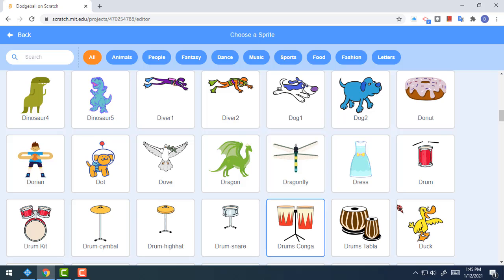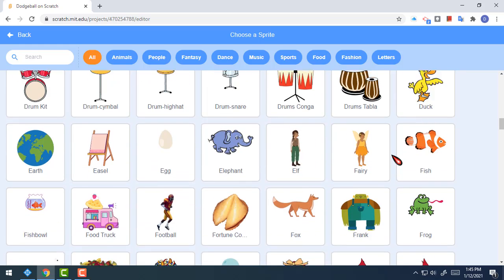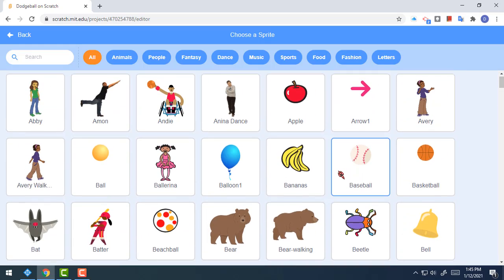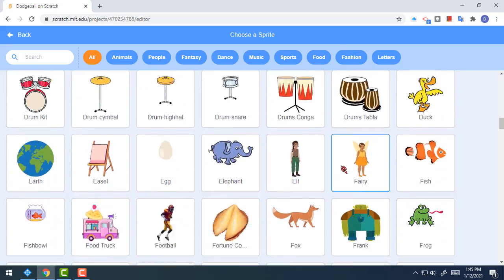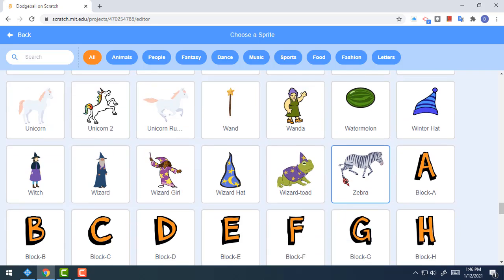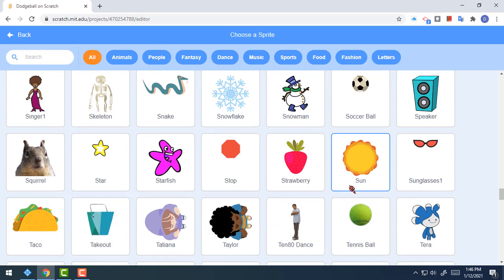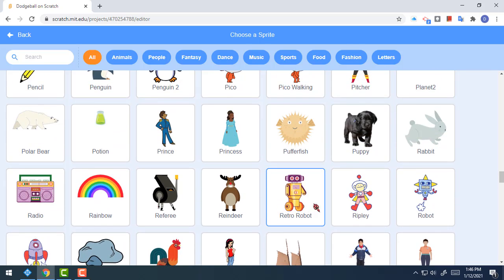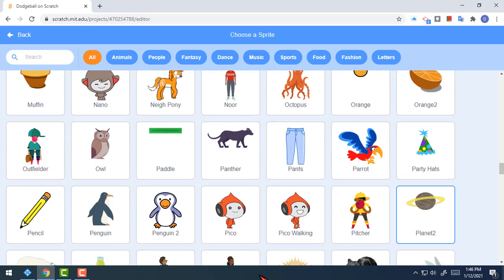You can basically pick whichever sprite you would like, whichever one you want to choose. But depending on which one you pick, you may have to go back and change it, or may decide, oh, this didn't work as well for a couple different reasons. If you start off by picking a compact one, this tennis ball, this sun, this soccer ball, the rocks, the pufferfish, this planet,